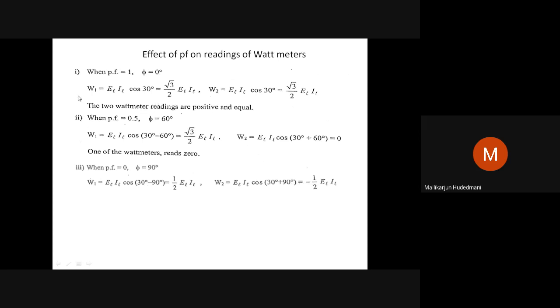After this, I would have added one more case study, which is power factor angle of 30 degrees. W1 and W2, if I take, they will be reading one ELIL, another is ELIL by 2. One of the instruments reads half of the other, at phase angle equal to 30 degrees. When it becomes 60 degrees, one of the instruments reads perfectly 0. When it becomes 90 degrees, one of the instruments reads equal and opposite to the first one. So this is the knowledge we get from the case study at different power factors. So this is how it is interesting to you.